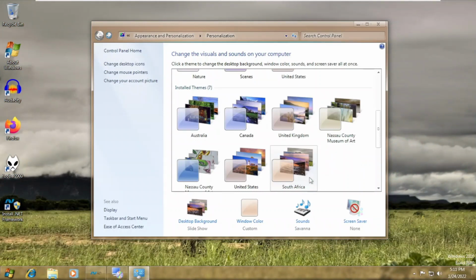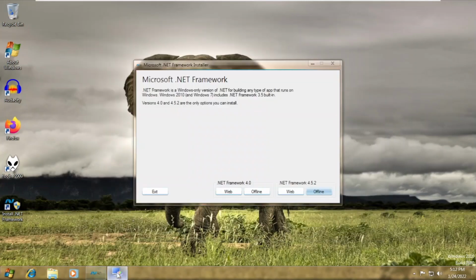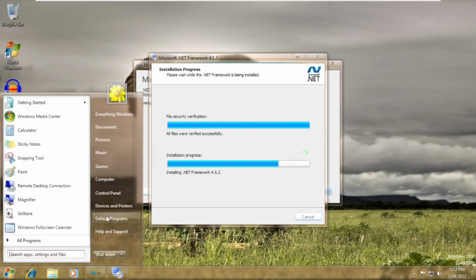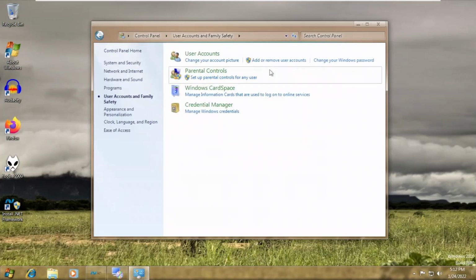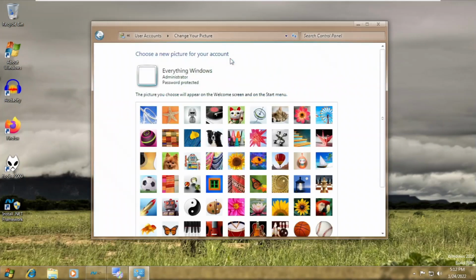Well, maybe there's a scenario where there are so many backgrounds, like placeholders, like the stock backgrounds from Windows. So much. Hey, let's go to the control panel. It is still installing. It took so long. User accounts and family safety. Change your account picture. Wow,